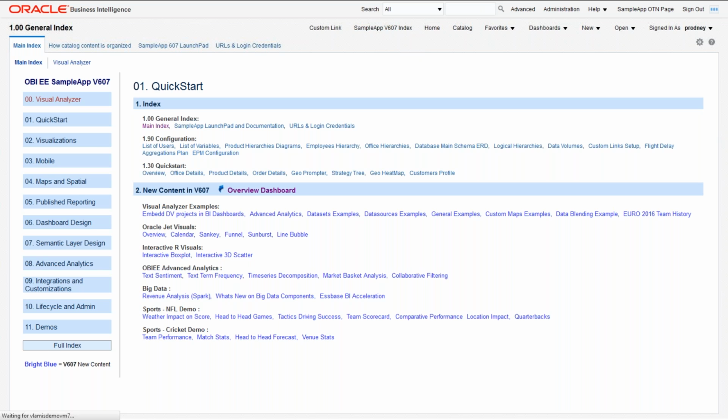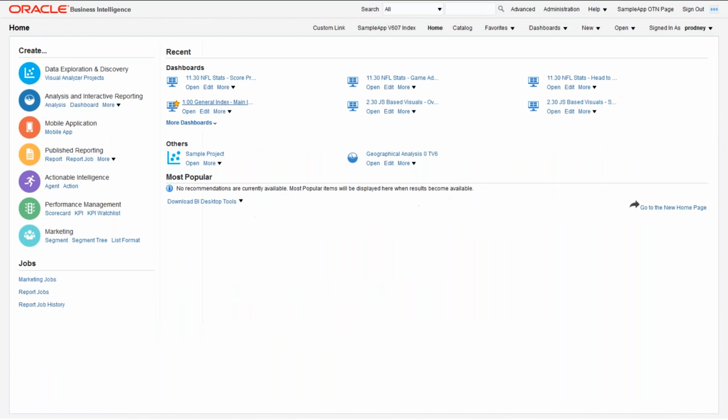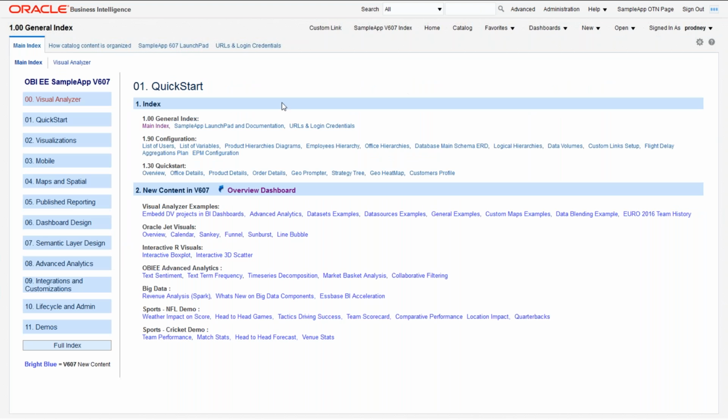But when I look at the index in here, there's a lot here. So here's the home screen that comes up. You can create all sorts of stuff. This is not where I go. I click on SampleApp Index, and then the major area in here is Quick Start. So you can go to the main index, list of users, SampleApp launch board. This Quick Start